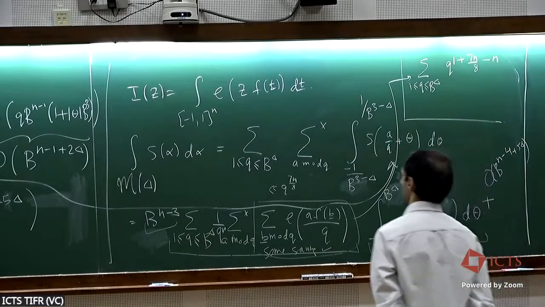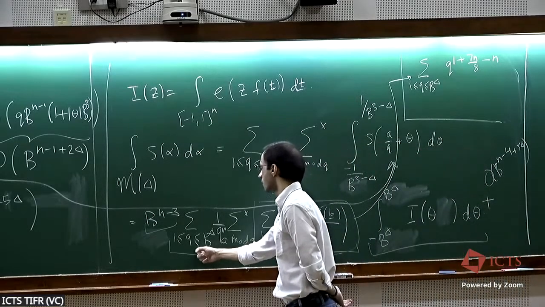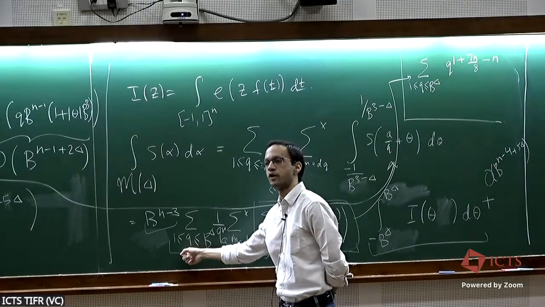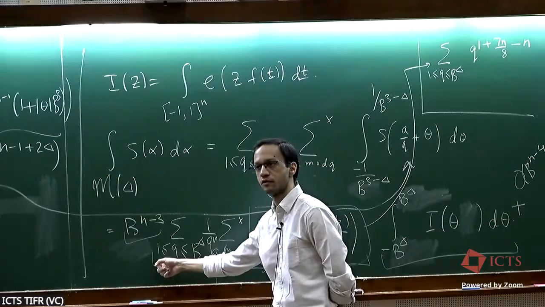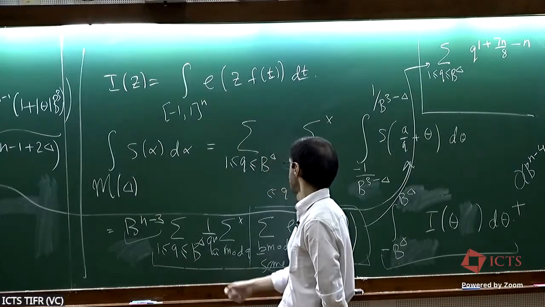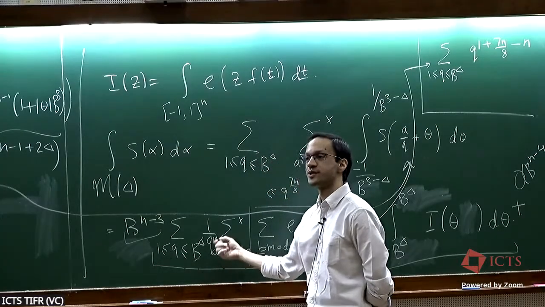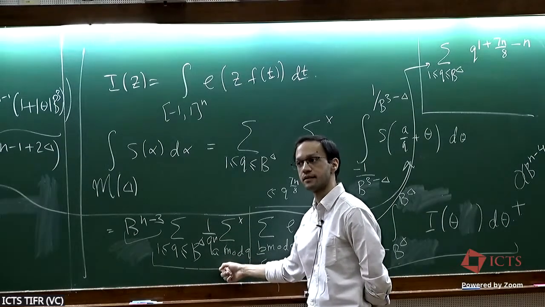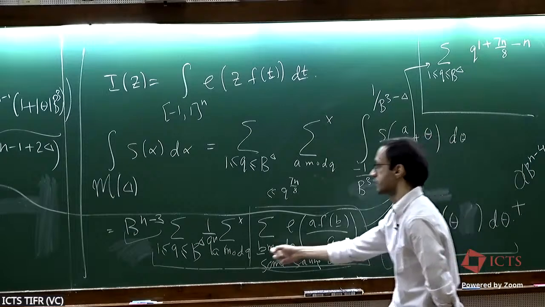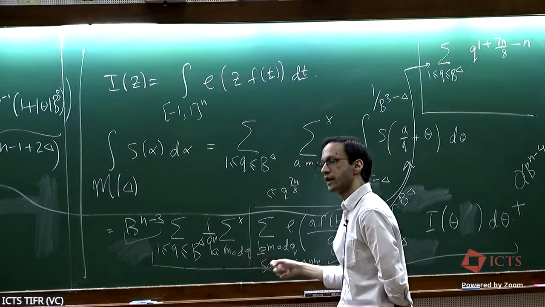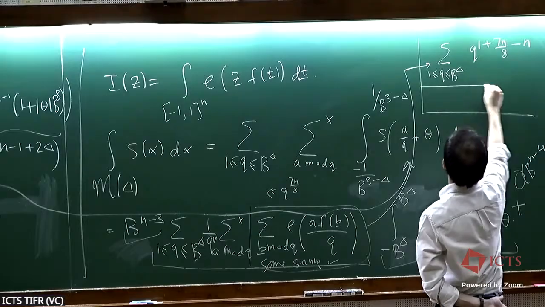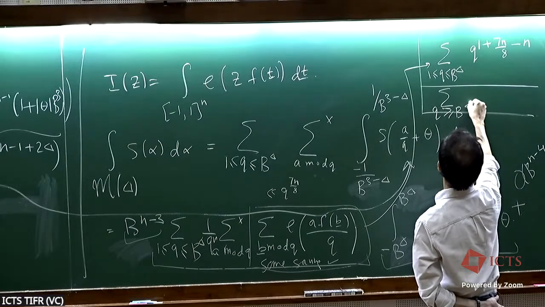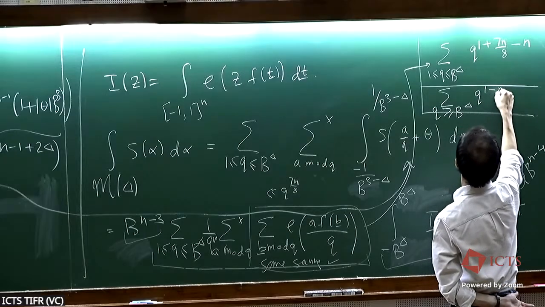Second thing is that one can also extend all of this to a whole series. So instead of going from 1 to B to the delta, we extend 1 to infinity. Okay. In doing so, of course, you introduce an error, which is going like Q is bigger than B to the delta, and then all of this estimate. So the same estimate applies. So if you look at the bound like this, Q to the 1 minus N by 8,